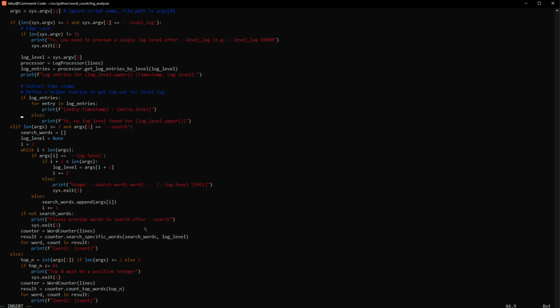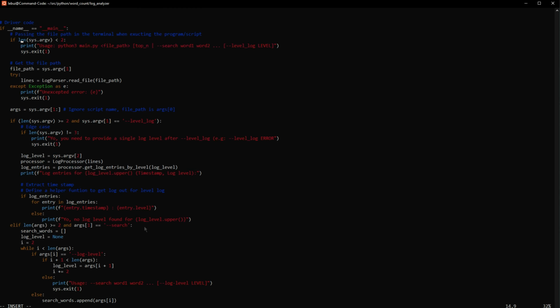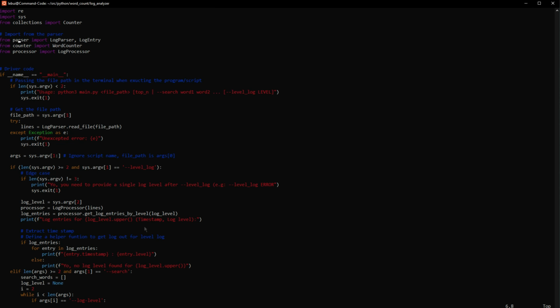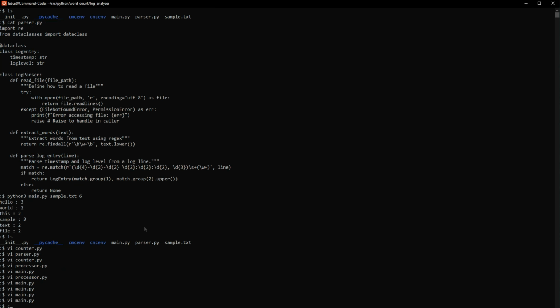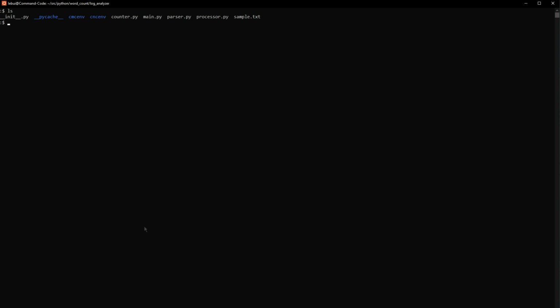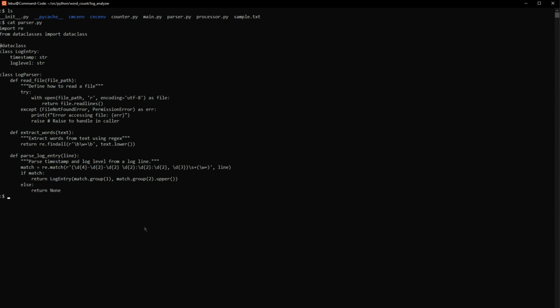I don't remember if we have the search functionalities in the log parser and word counter or not. Let me double check. It seems like we don't have the search function. I will try to sneak it in one of the parser or processor, or maybe the CLI file. But for now,